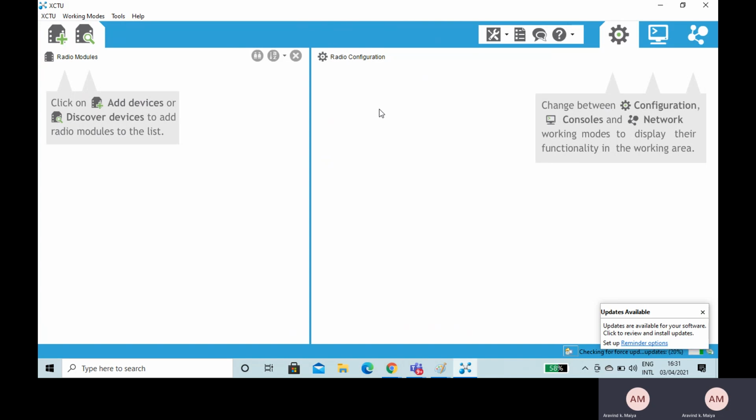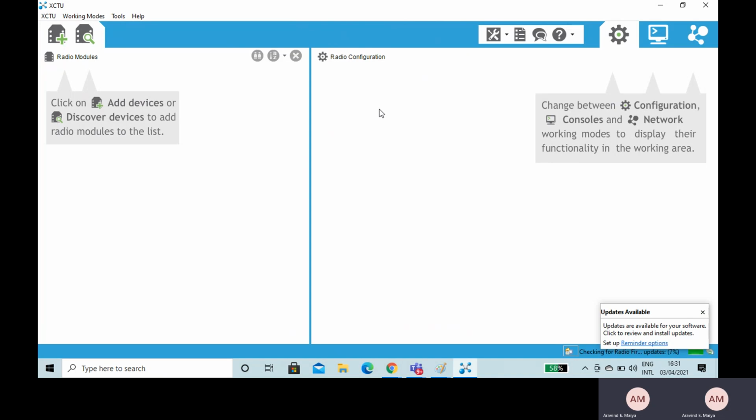In case you would like to configure a new XB module as a transmitter and a receiver, we will have another video demonstration for this. In this presentation, I have a pre-configured module wherein one module is already configured as a transmitter and the other as a receiver.